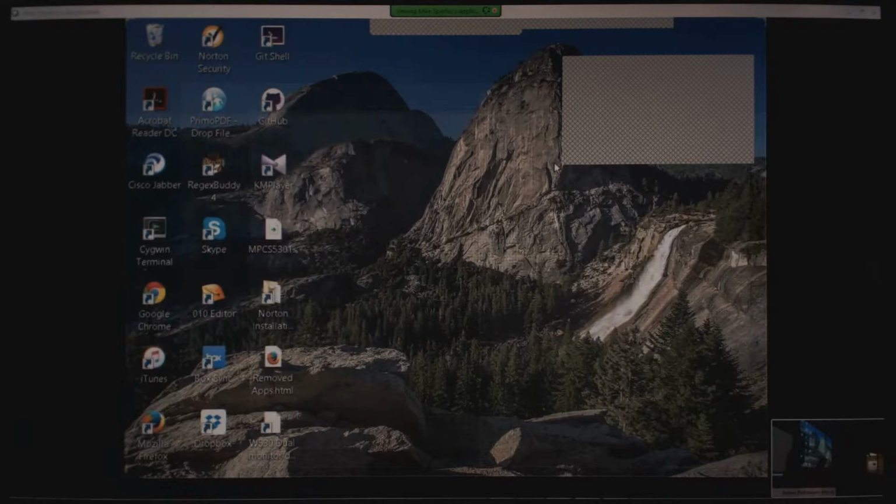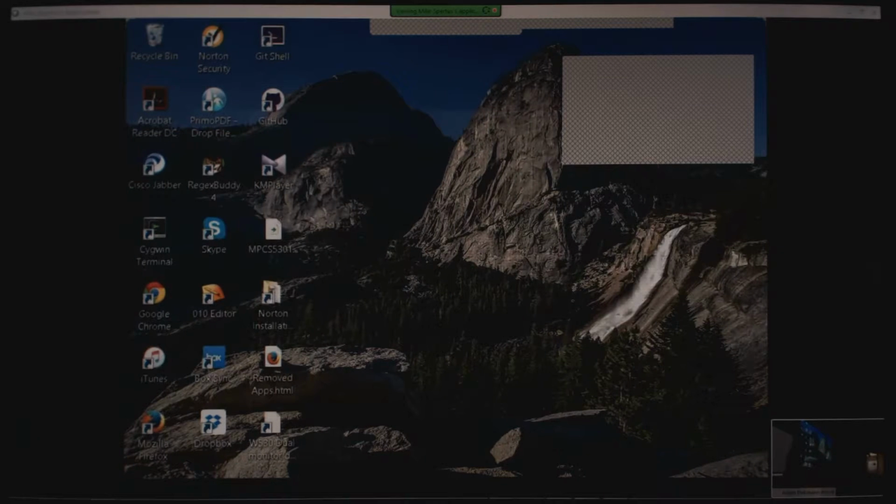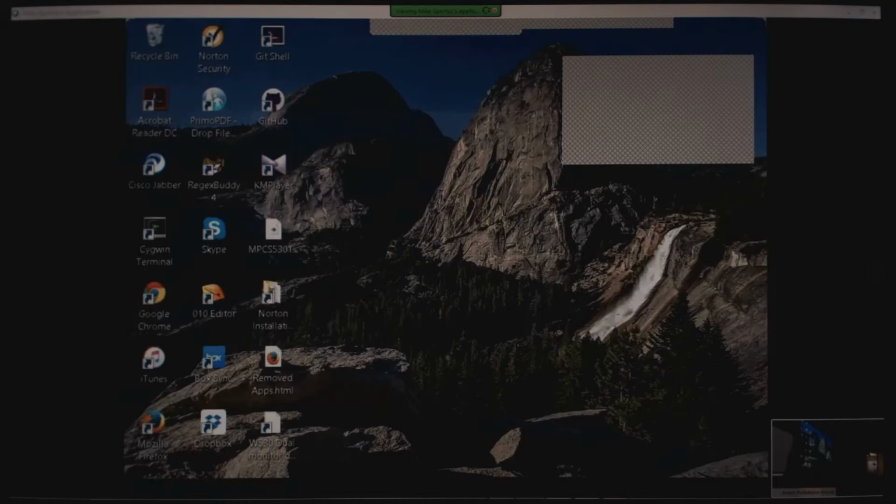No, I have slightly grayed out windows here. We don't need slides, right?